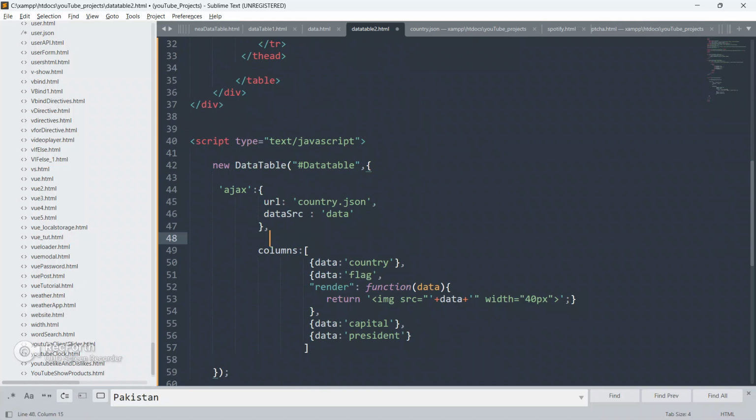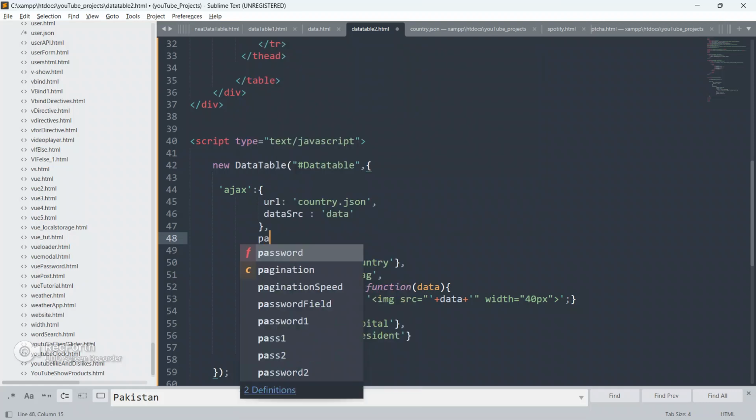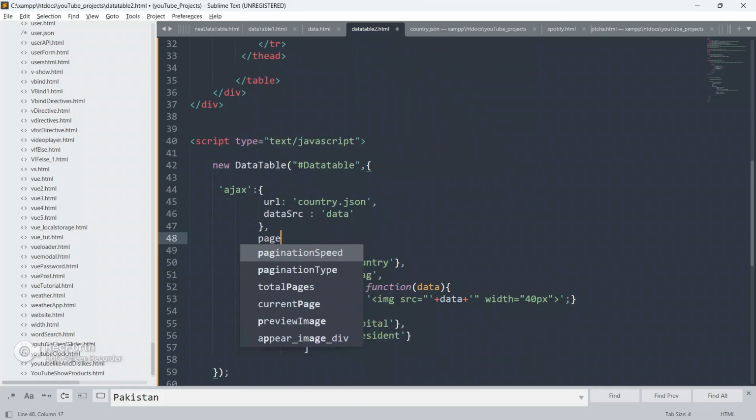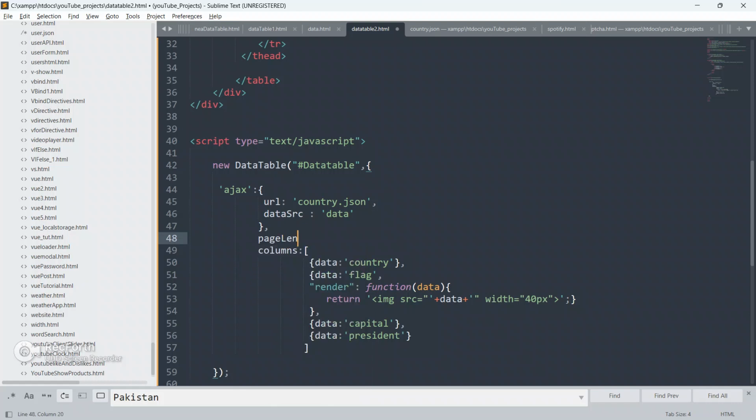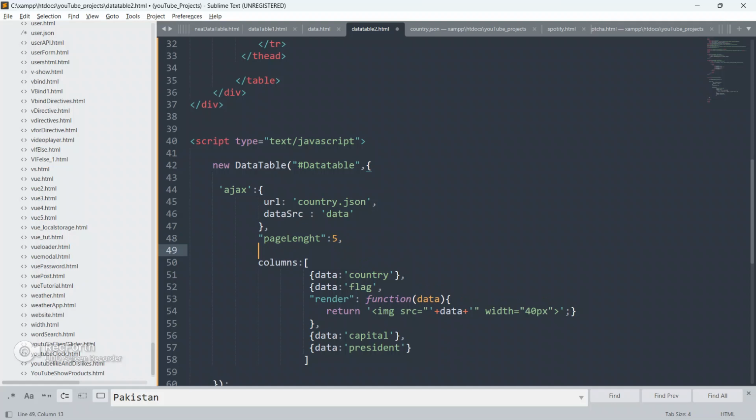So just go here in the code, and here I will write, guys, page length. Page length colon, I will give 5 only.